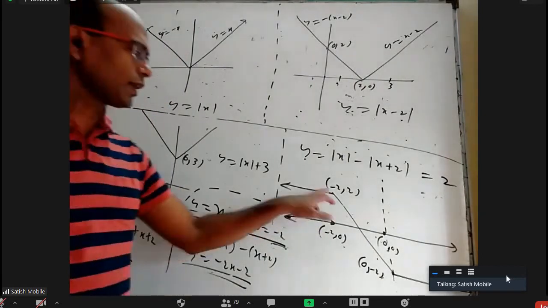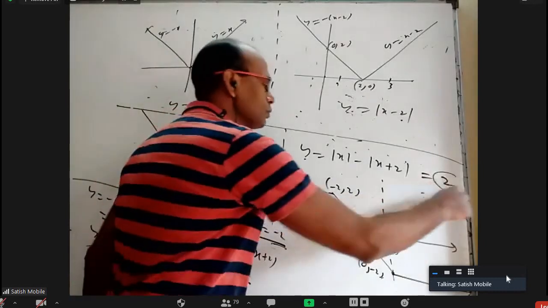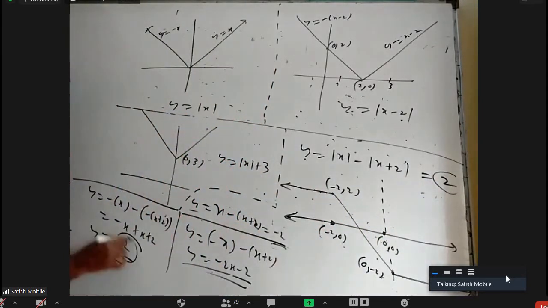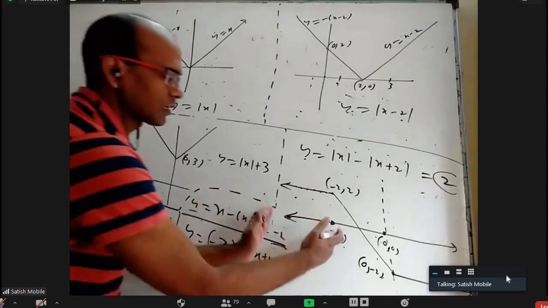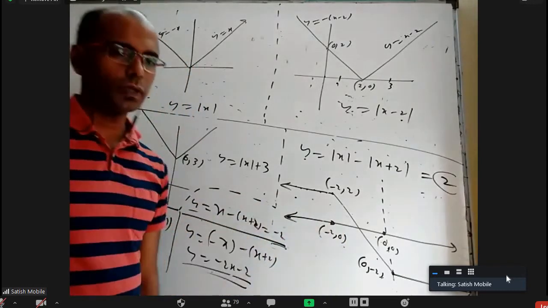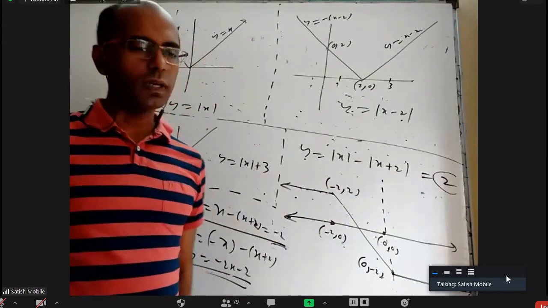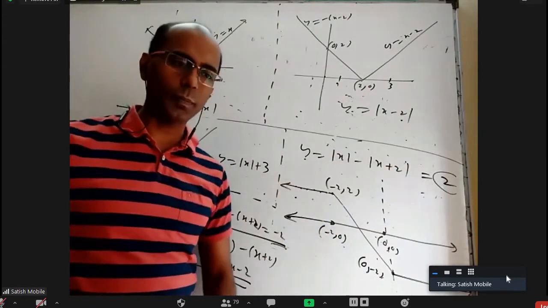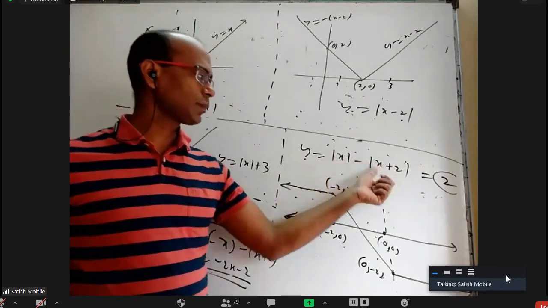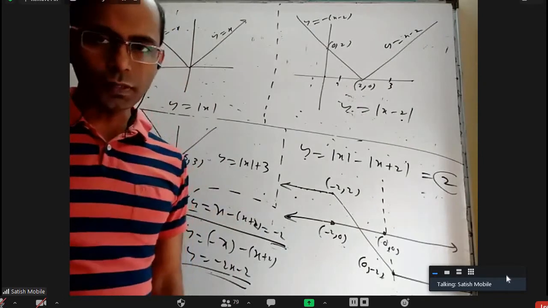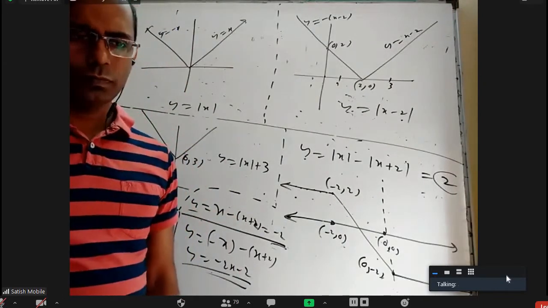Not that point; the point is minus 2 to 2, but when is the y coordinate 2? Here. All these points, where we got here? y equal to 2 in this interval, minus infinity to minus 2. So when you equate it to 2, every number between minus infinity to minus 2 will give you 2. For example, you substitute minus 10 here, what happens? When you substitute minus 10 here, this will be 10, this will be 8, 10 minus 8 is 2. Am I correct? Yes, sir.